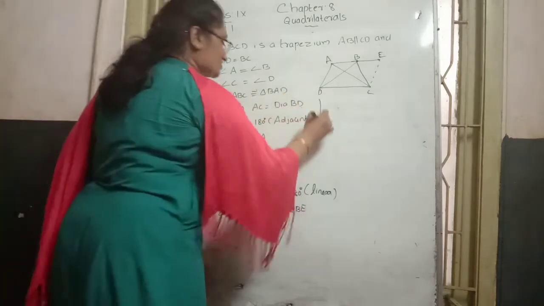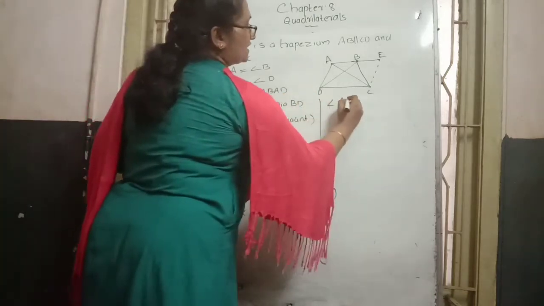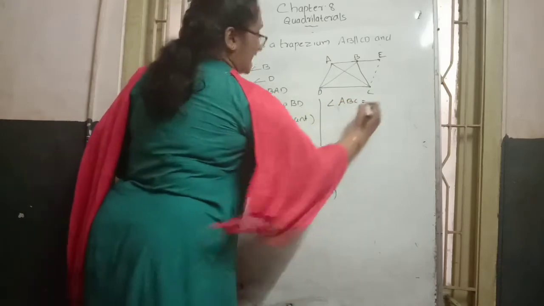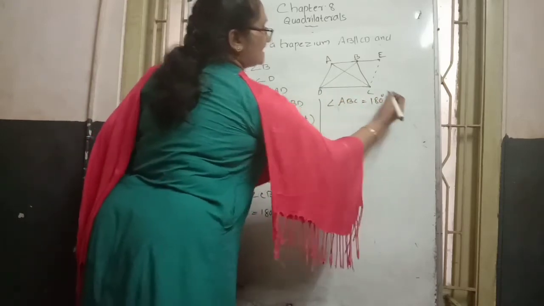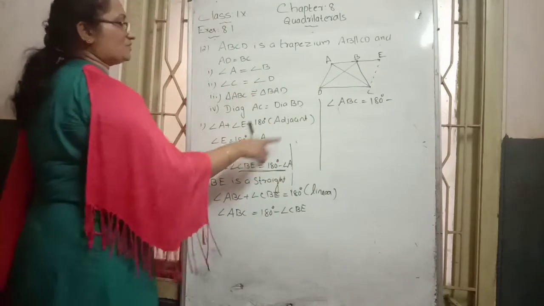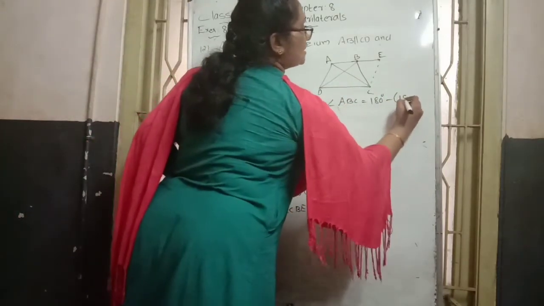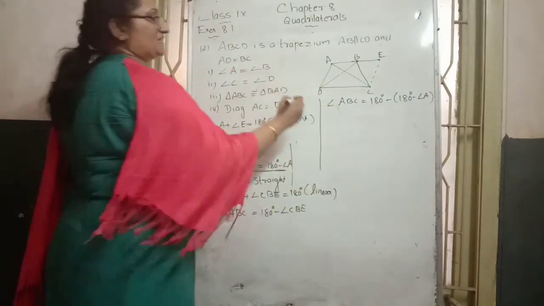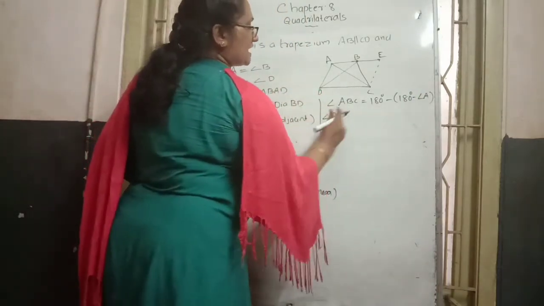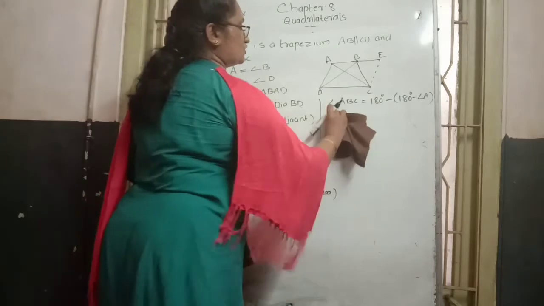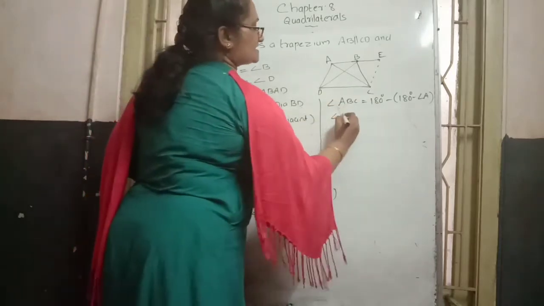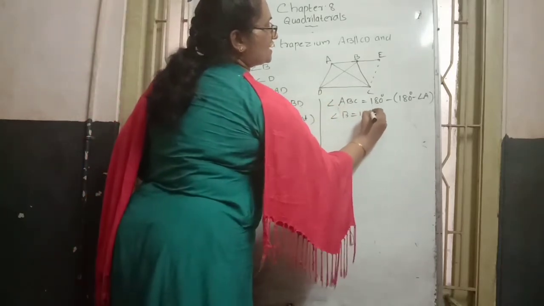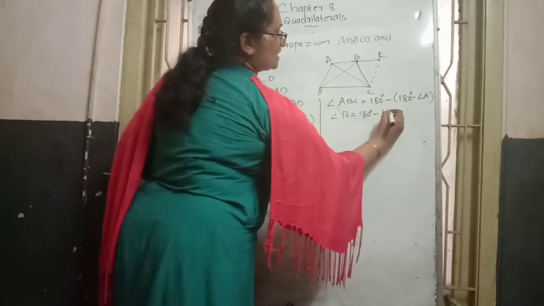So in the next step, that value goes to the right side: equals 180 degrees minus. Then, since the minus is outside, we keep it inside the bracket. Then open the bracket. Angle ABC, or angle B vertex, you can write it either way. Angle B is equal to 180 degrees minus, into plus, minus 180.